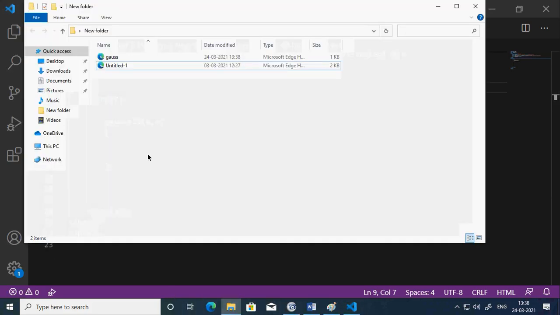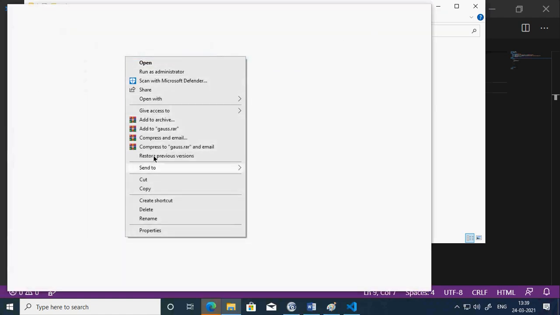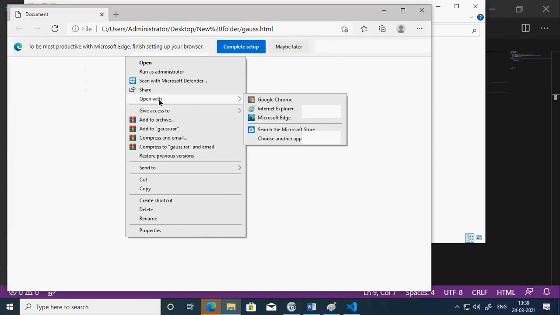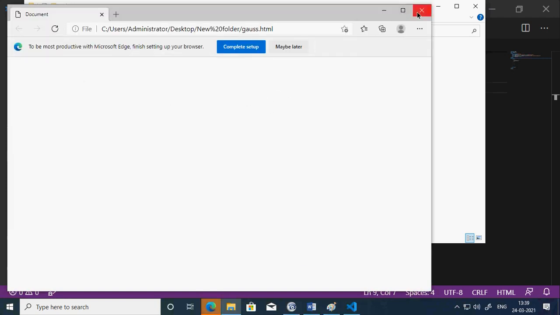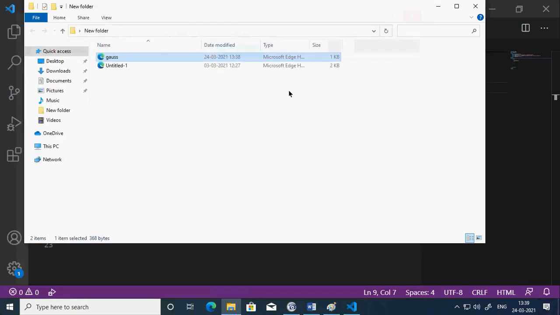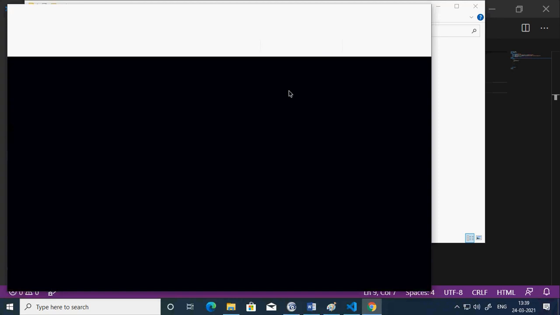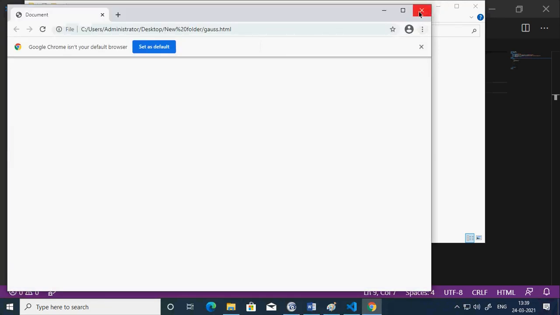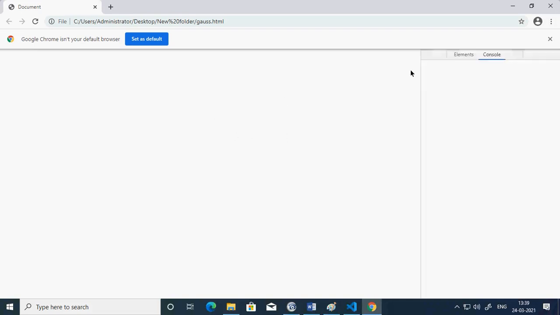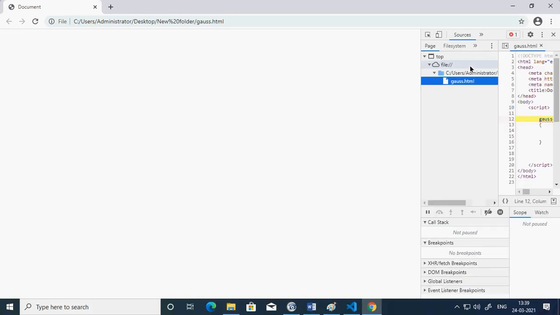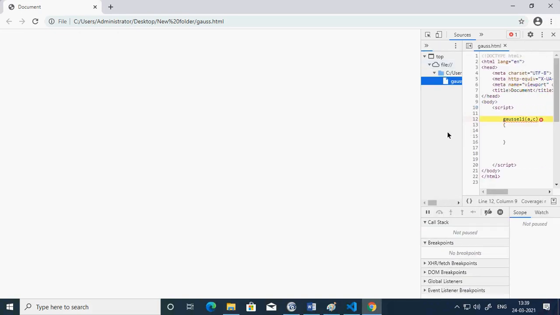Where I have saved. Okay. So if I press the F12 key, okay, Gauss LE is not defined.